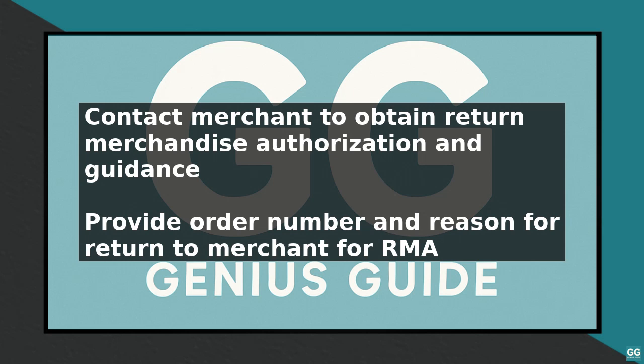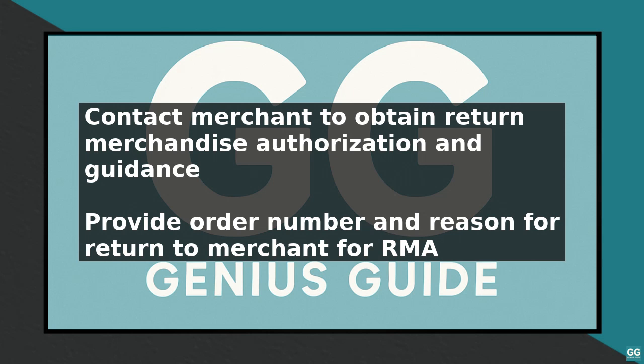After obtaining the RMA, carefully package the item you wish to return, making sure it is in its original condition with all tags and packaging intact. Include any accessories or gifts that came with the purchase. Ship the item back to the merchant using a trackable shipping method, as you will need to provide the tracking